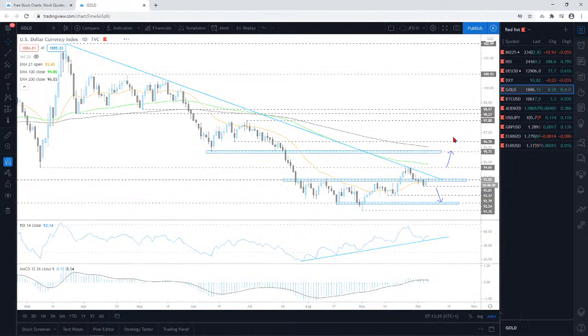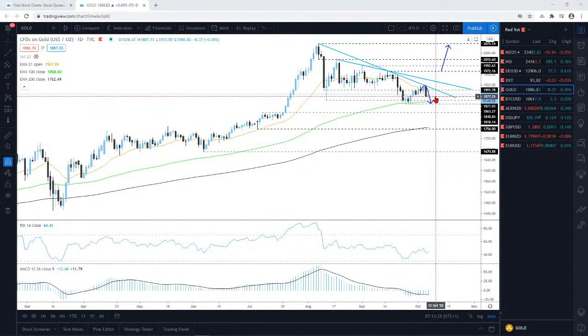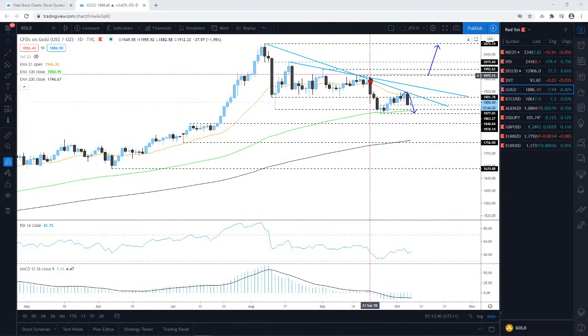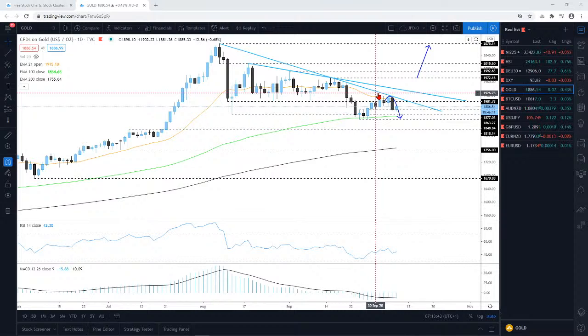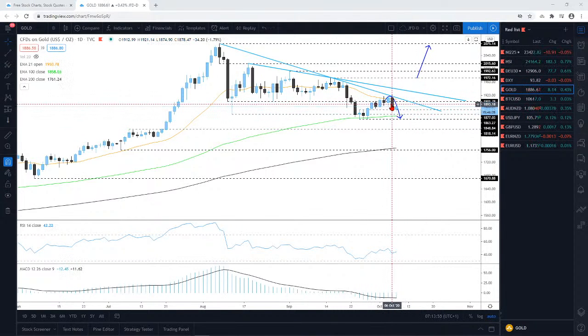Now, jumping into gold, and of course, given the US dollar strengthened, we saw gold declining, and basically this is what I was talking about this whole week, guys, that I was telling you to keep an eye on this downside line. And yesterday when I was covering gold, I was saying that if this downside line taken from the high of the 7th of August continues to provide resistance, then yes, we could see another slide here, and this is exactly